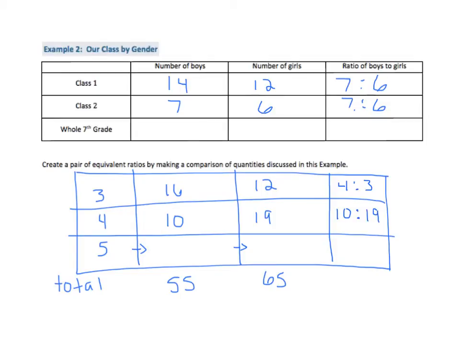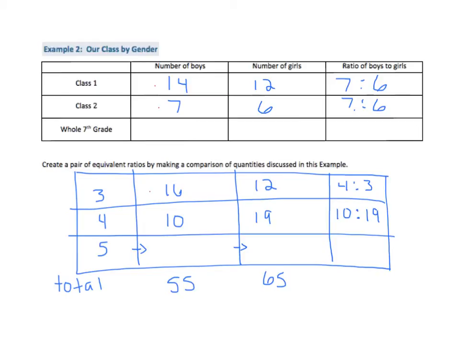So 10 is to 19. So for every 10 boys, there are 19 girls, which evens out the other class, where there are more boys than girls. So, did you challenge yourself and find these numbers right here? The easiest way to do that is to total all of these, and then how much would it be to get to 55? So, for example,